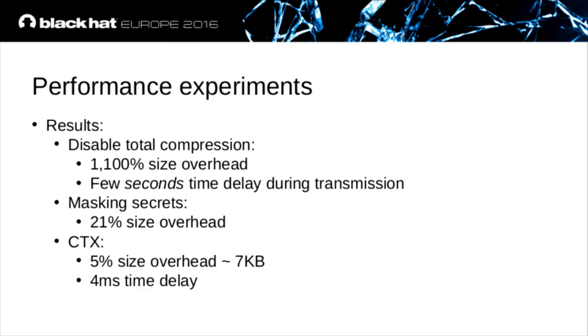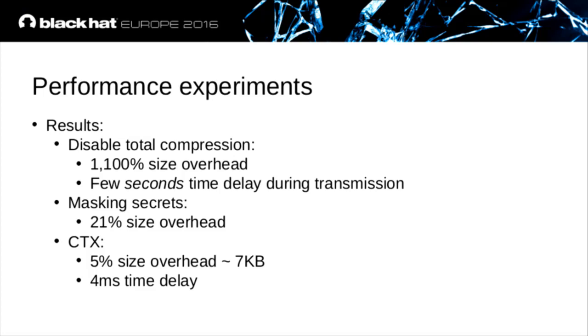But what this practically does is disable compression, because if you mask a secret, then the data that takes the place of the secret will be practically random. So it will not compress well with the rest of the page. In this case, you disable compression for all secrets, and also double the size of those secrets, because each time you have to include both the masked secret and the mask